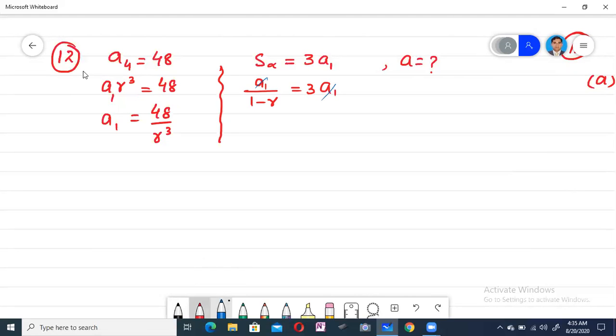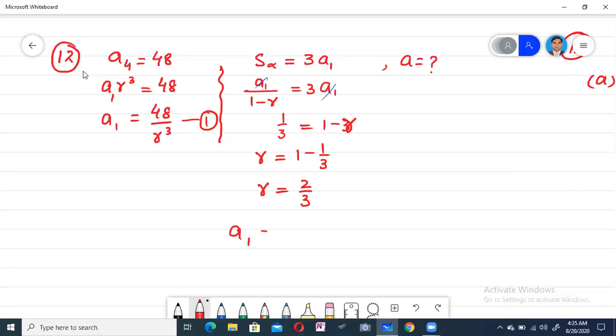Then we will do the cross multiplication. This 1 minus R, other side will multiply, and 3 is multiplying 1 minus R. Then minus R, this side is plus R, and 1 minus 1 divided by 3. R will be equal to 3 into 1, 3, 3 minus 1 is 2, divided by 3. This is R. This value of R now we will substitute in this equation.